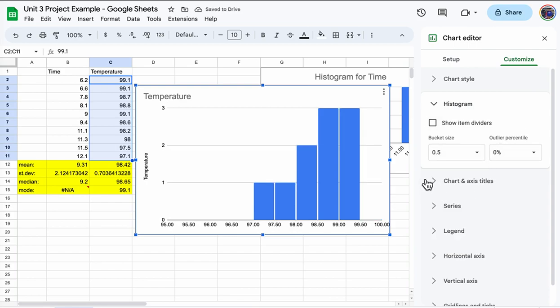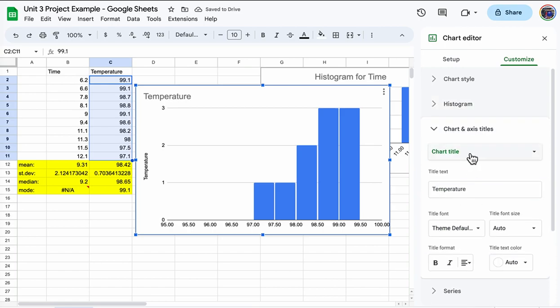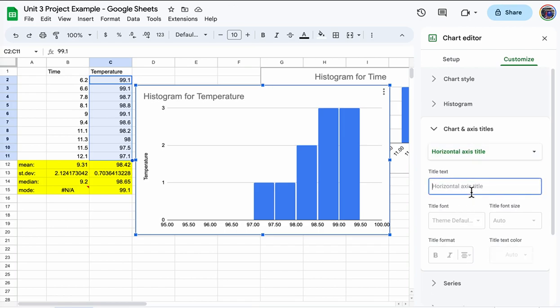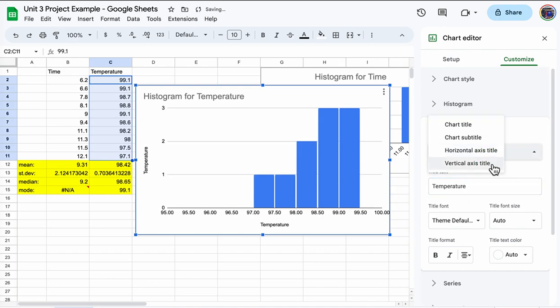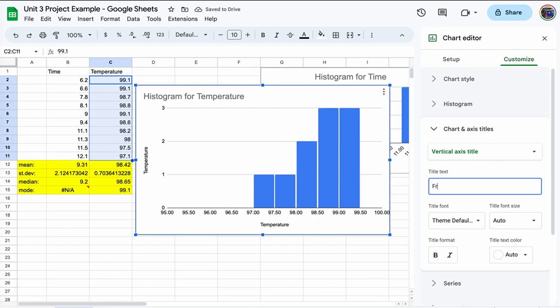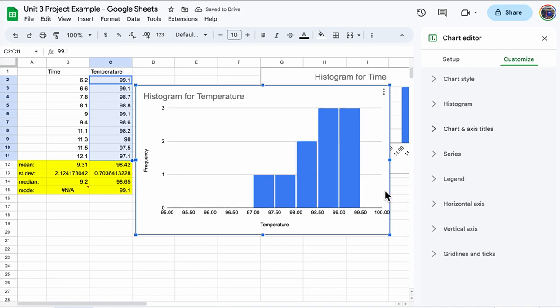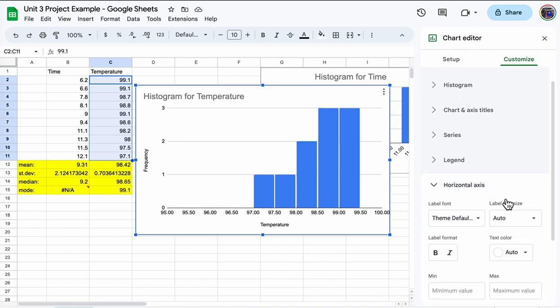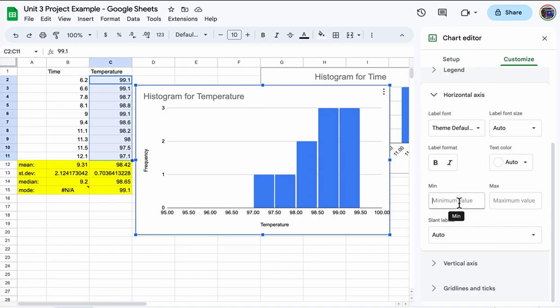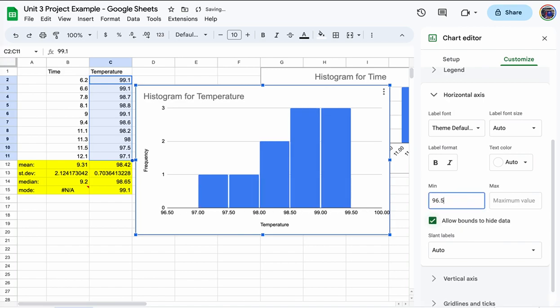All right. Axis title, chart title, we're going to say histogram for temperature. The horizontal axis is going to just be temperature. And the vertical axis title will be frequency. Now going back to that idea of having negative space, this null space here that I don't want, I can go to horizontal axis and it asks me for a minimum value. I'm going to put it in as 96.5, and it's going to do a reasonably nice job